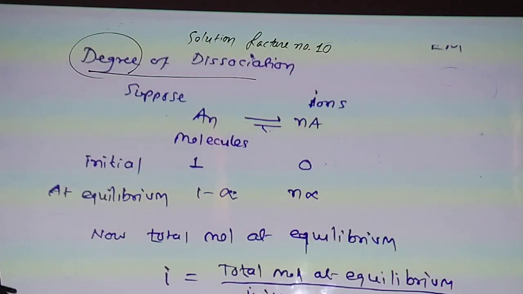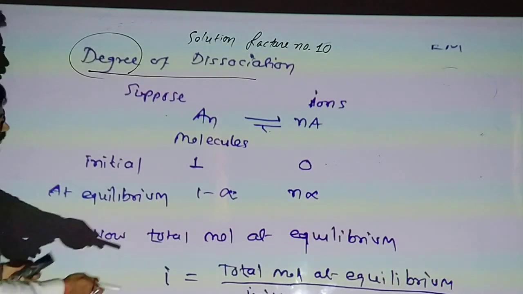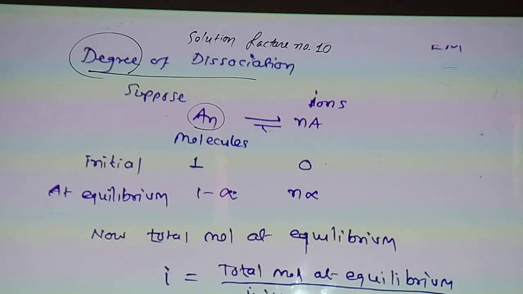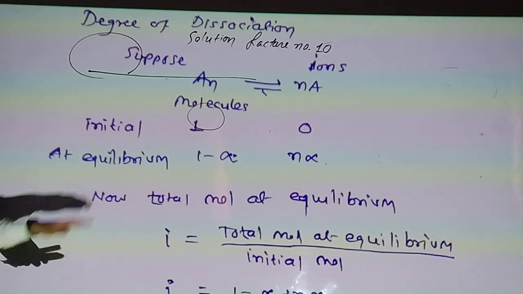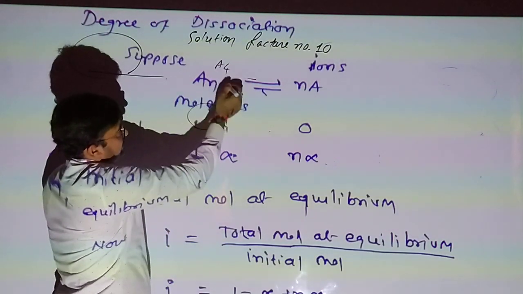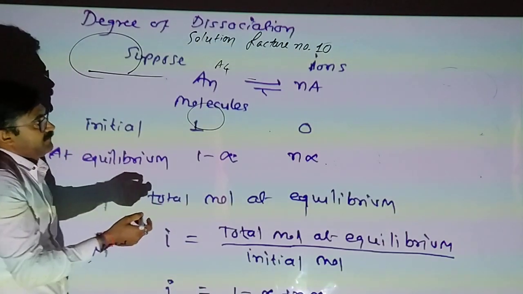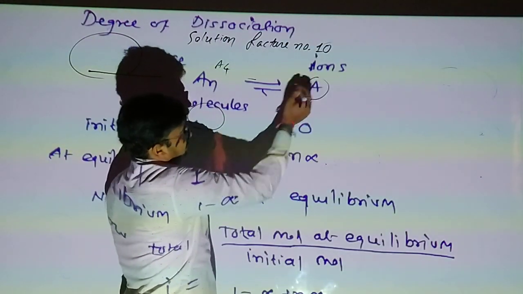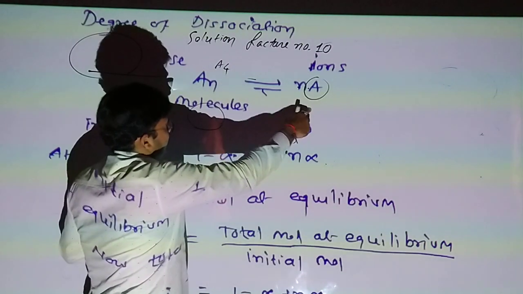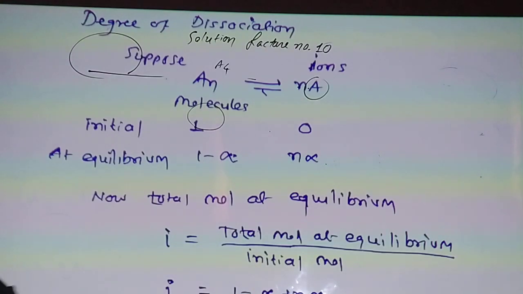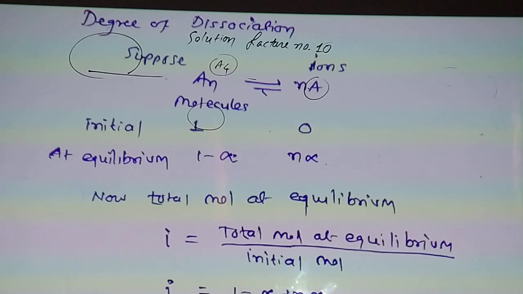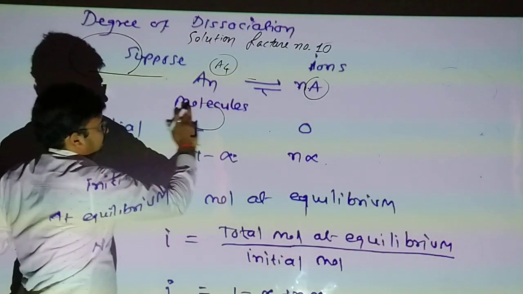Dissociation means ionization occurs. Suppose An is a molecule. So degree of dissociation we have to find here. An is the molecule, like A4, A5, A6. So molecule A4 gives 4 ions. A2 હોય તો 2 ions આપે, A3 હોય તો 3 ions આપે. N is the number of atoms in the molecule, which gives the number of ions. So અહીં આપણે proof આપીએ.